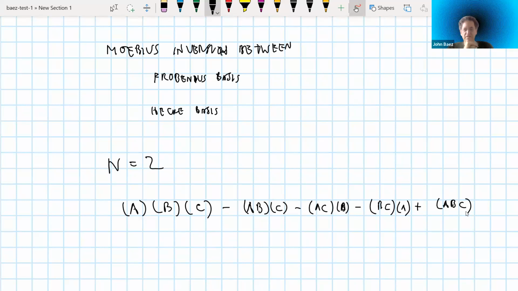Plus 2. Well, I'm trying to figure out the coefficient on this thing. First of all, from staring at this, you can already see that it really looks like Möbius inversion over the lattice of equivalence relations on a 3-element set. We're dealing with n equals 2, but that means that a certain ternary operation is dying because 3 is bigger than 2, and that's what we're trying to write down here. I just showed that if this stuff is equal to 0, then you need to have a 2 in front of that last term. That's kind of what I was expecting, but does that really work out?